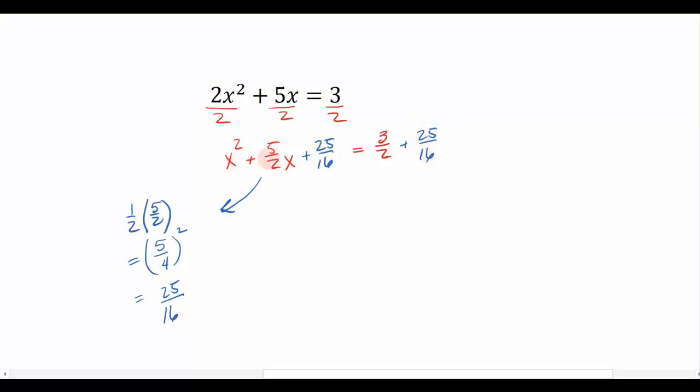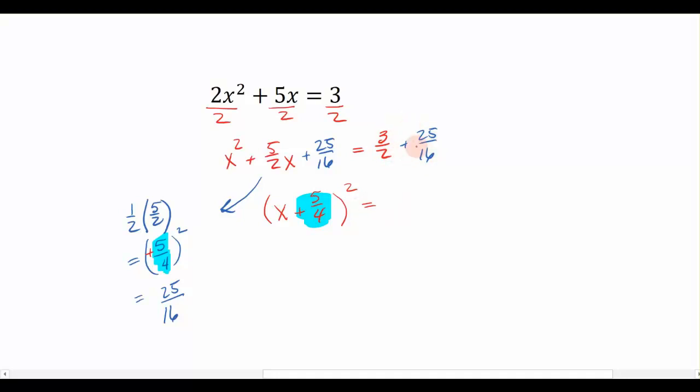Now remember that created our perfect square trinomial, which doesn't look like it to me. I know it is, but it's not very obvious because of all these fractions, but it is. So we want to factor this into its square. Now remember my trick. I told you that this number right here is what shows up right here. And we have a positive 5/4, which I should have put in there. But this is going to be a positive 5/4 here. So I don't have to do a whole lot with that. And then equals, now I'm going to pull out my calculator